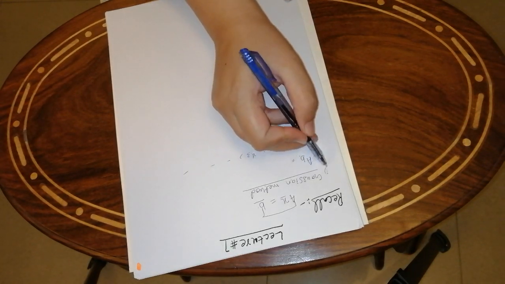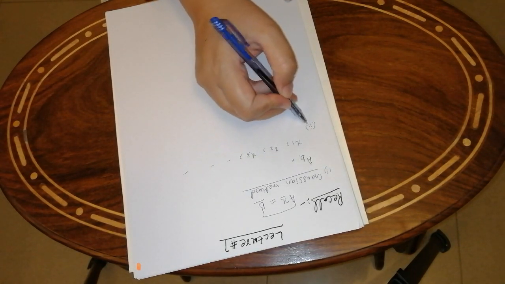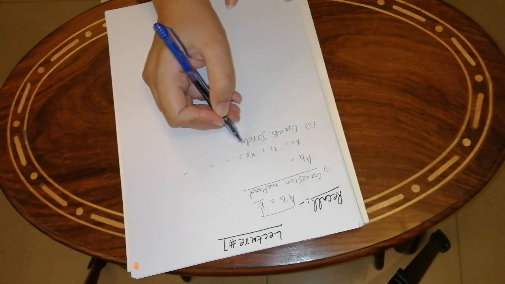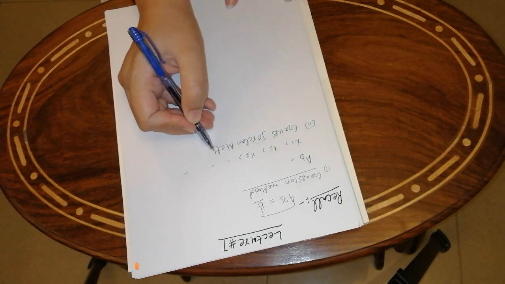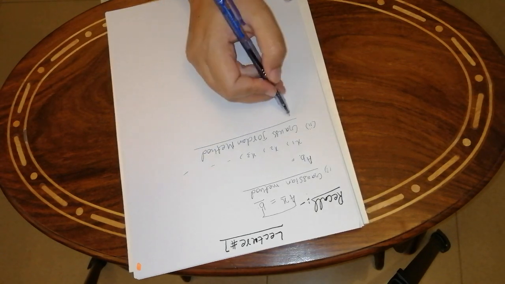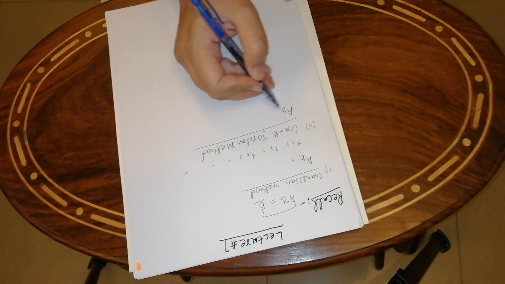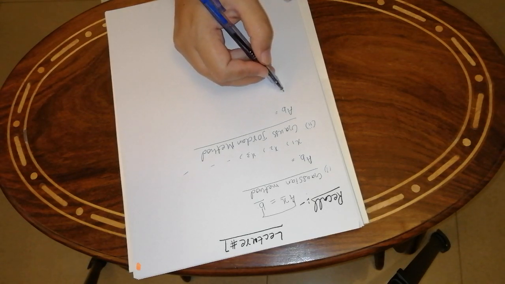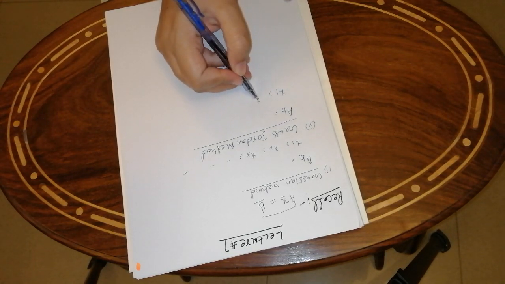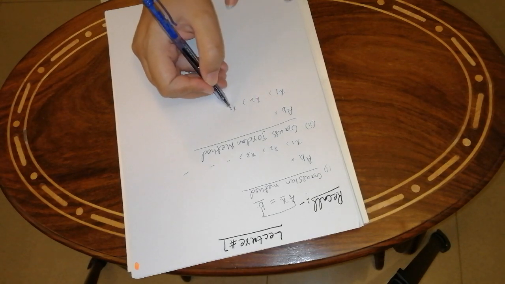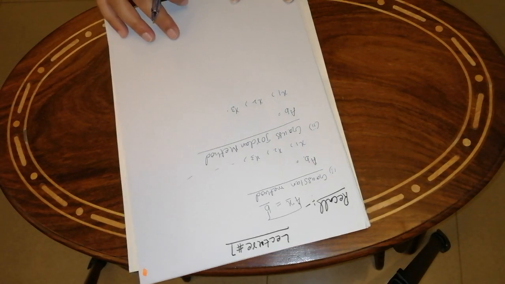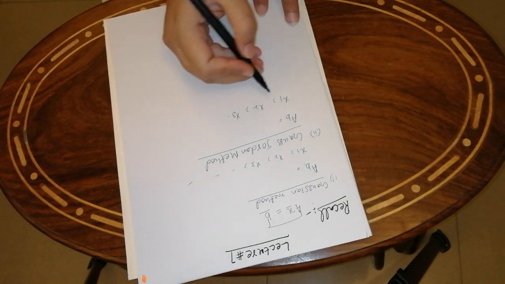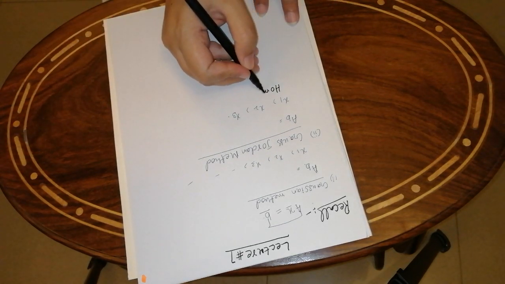In another method, Gauss-Jordan method, we solve the system of linear equations by using reduced echelon form. We first augment the matrix A with B and then by converting it in reduced echelon form, we directly find the values of variable x1, x2 and x3. But in this lecture, we consider the homogeneous linear system.